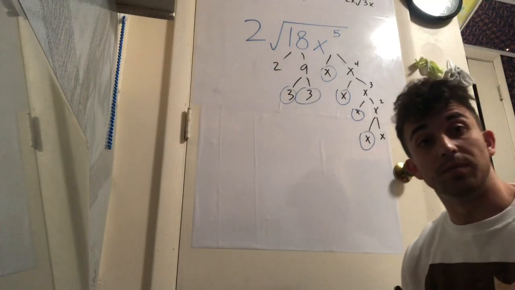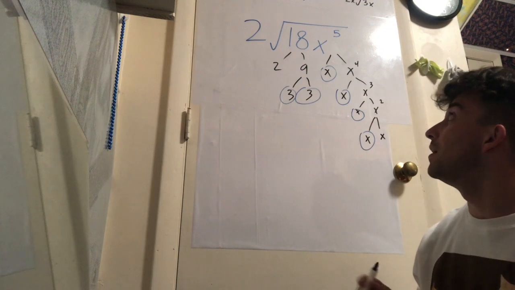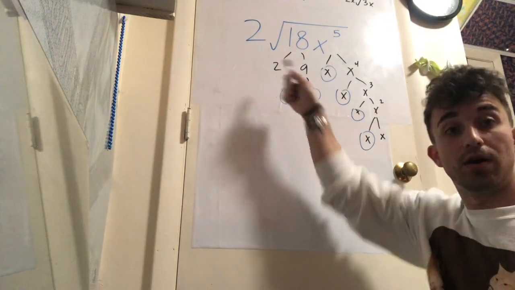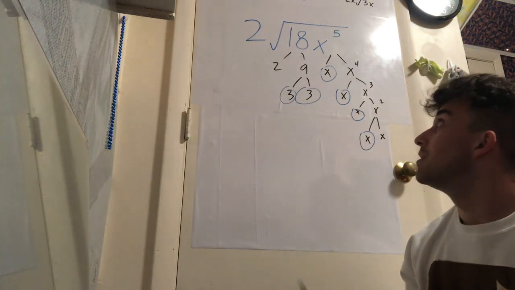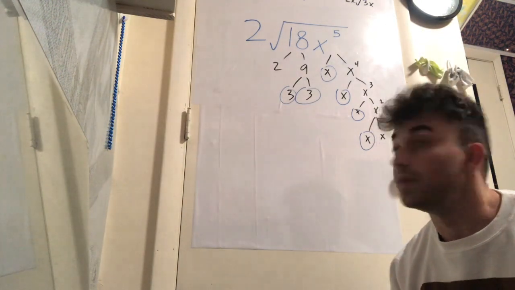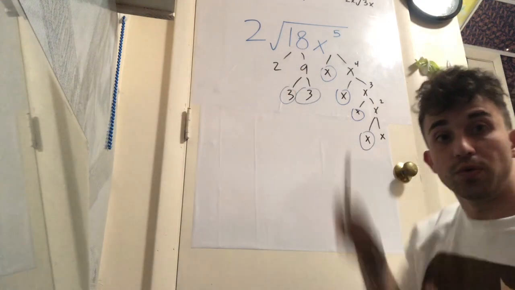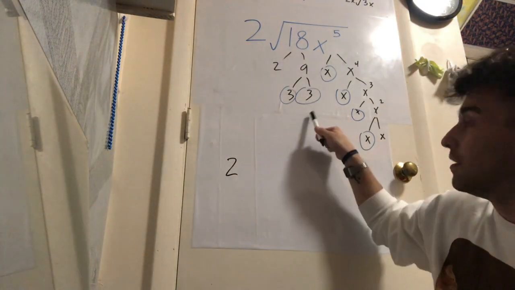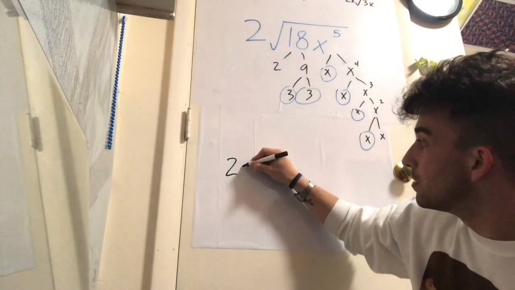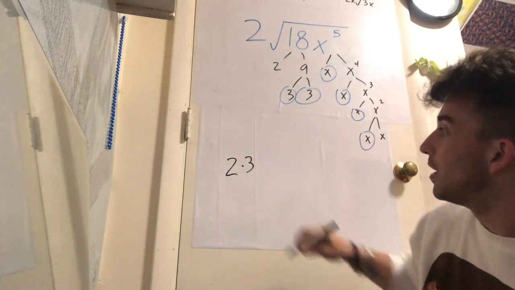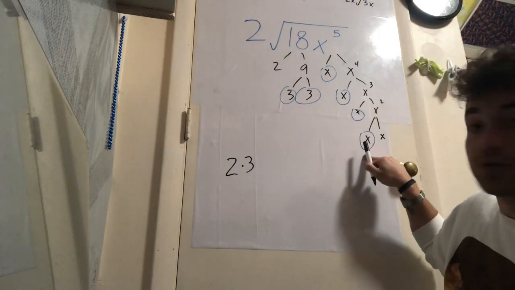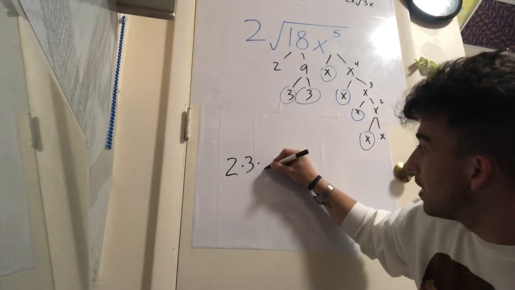So to fully simplify this, we need to remember that when we pull terms outside of the radical sign, that's multiplication that's going on there. So we had a 2 already, and so that 2 is still going to be outside. And then we're going to pull out a 3, so we're going to multiply that 2 by 3, and then we pulled out 2 x's. So times x,